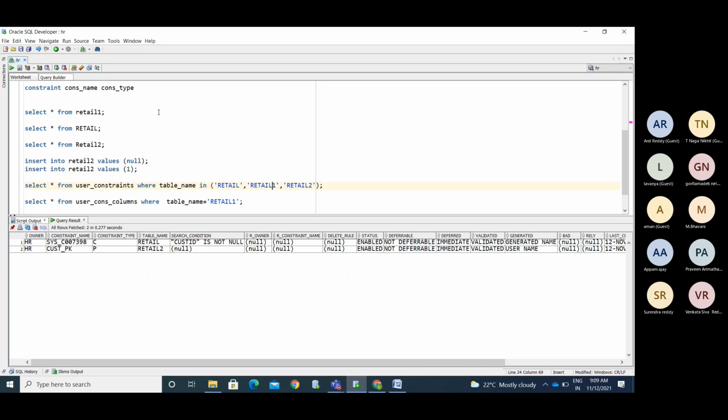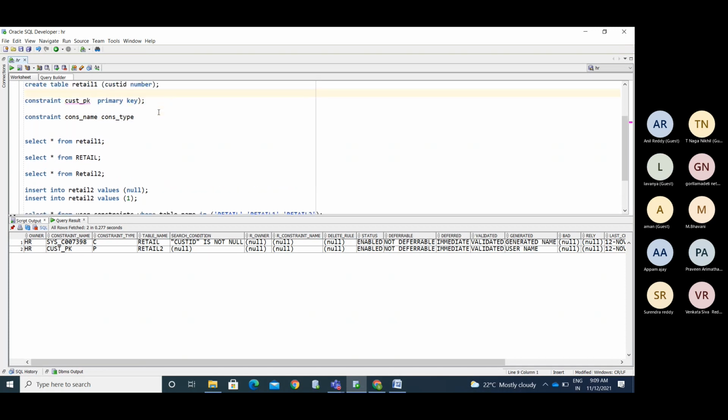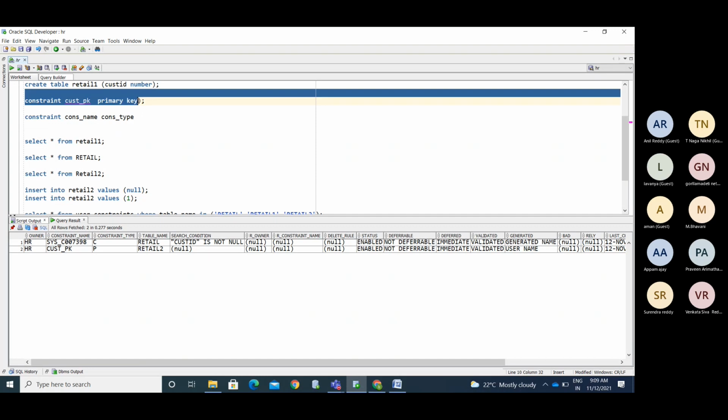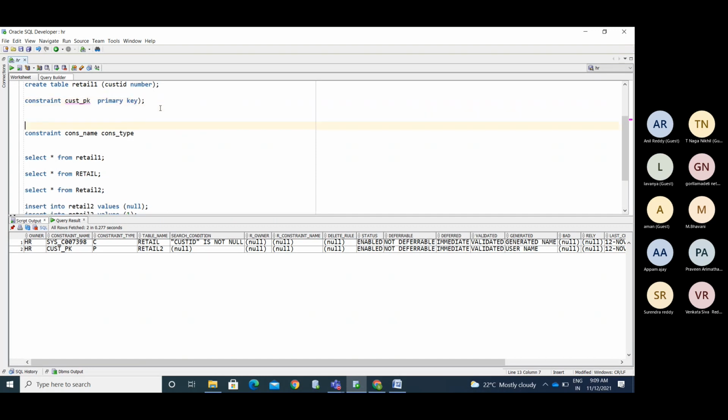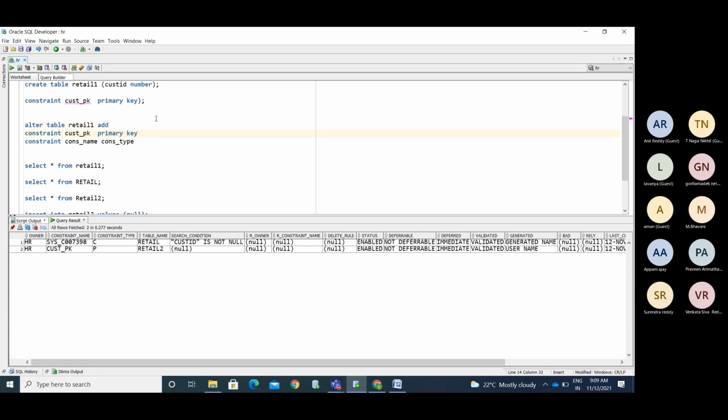You can alter that later, like this, using alter table retail 1 add constraint, constraint name, constraint type of column name.